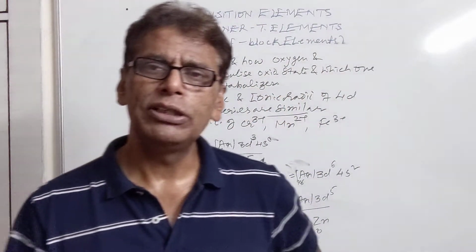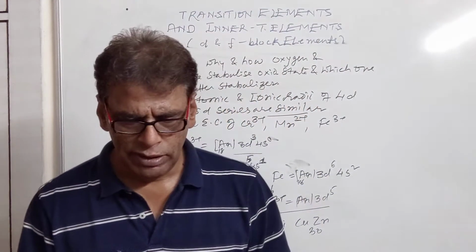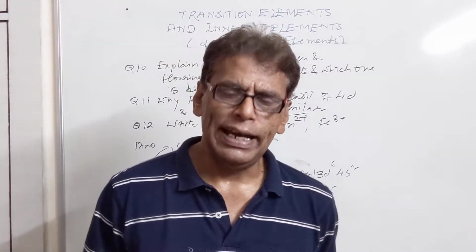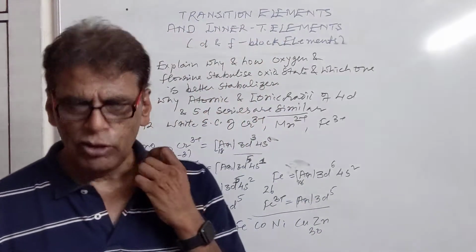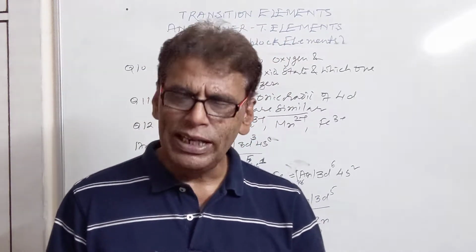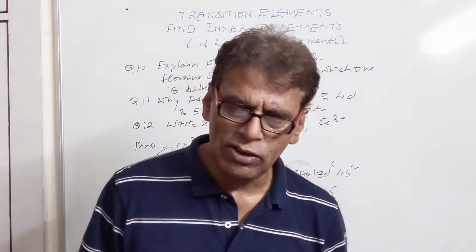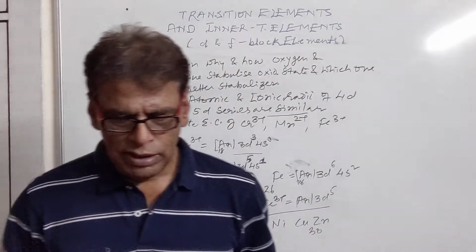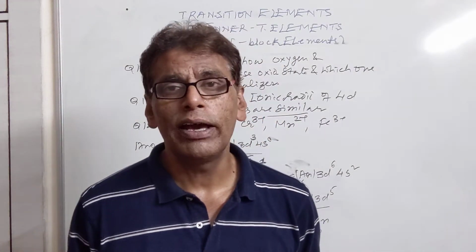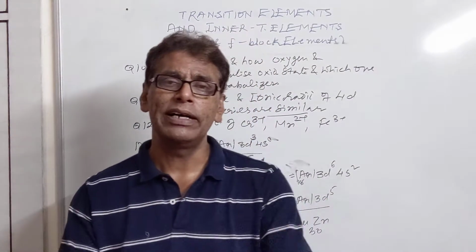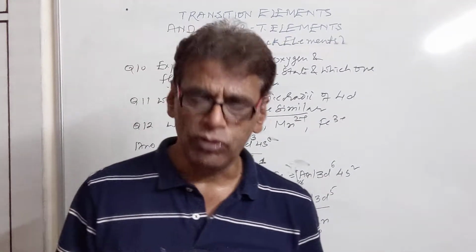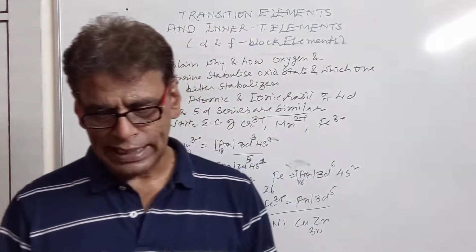Then we have the next question: why is mercury liquid while other transition elements are solid? The reason is that mercury has a completely filled d subshell, due to which covalent bonding among its atoms is not possible. Moreover, it has weak metallic bonding due to the large size of its metallic atom. So due to both of these factors, presence of weak metallic bonding and absence of covalent bonding among its atoms, the interatomic force is reduced. That's why mercury exists as a liquid.